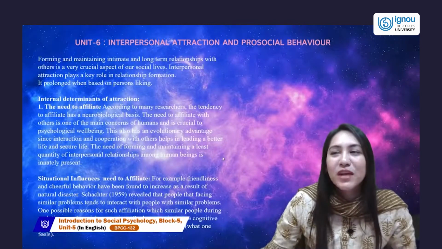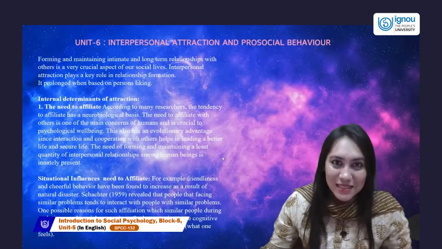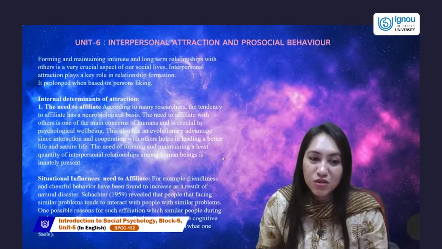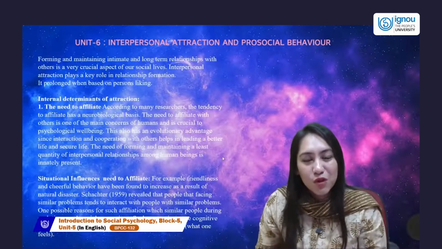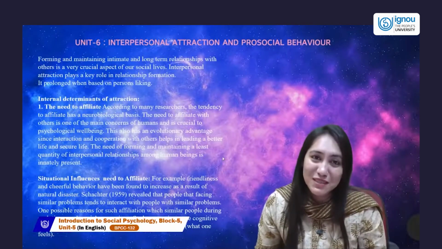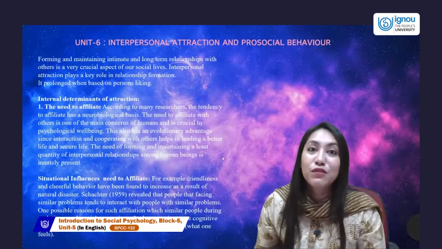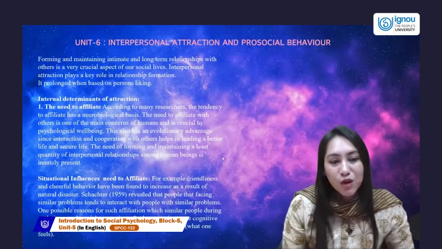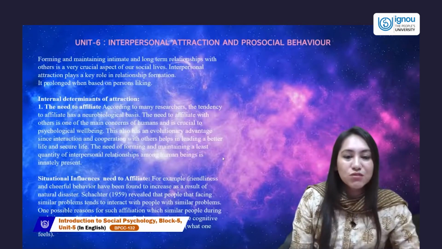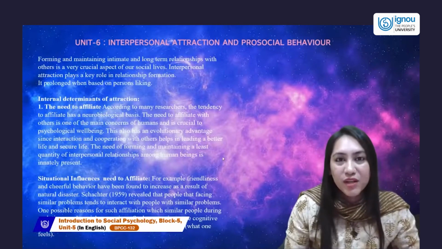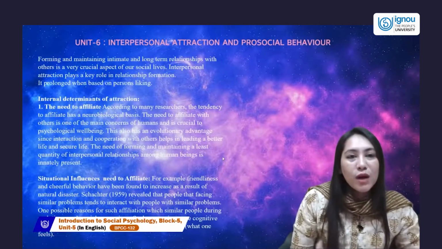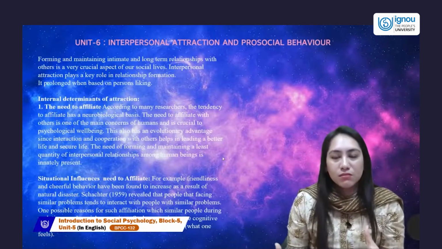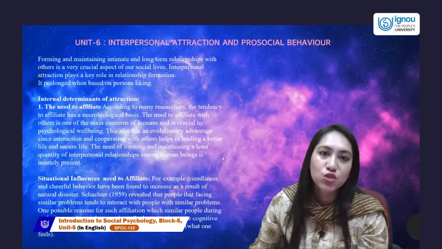Isn't that true? We end up finding partners with likes of cherishing the bond. Probably when people like to travel, like to go out together, they probably have similar kinds of problems, similar kinds of defeats, similar kinds of pitfalls, and similar knowledge, and they tend to bond together better. So similar problems get them interacting together, and people tend to affiliate with one another because of those situational attributes. One possible reason for affiliation with such similarity is that people during such times also seek social comparison.